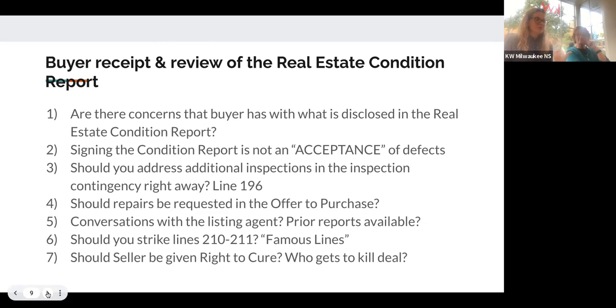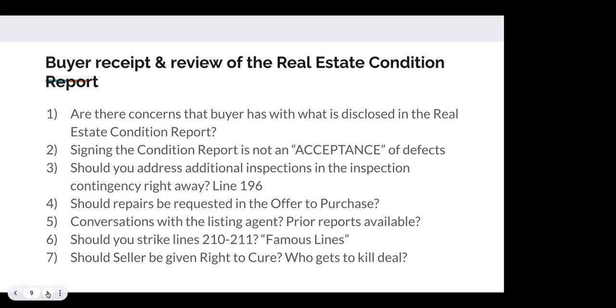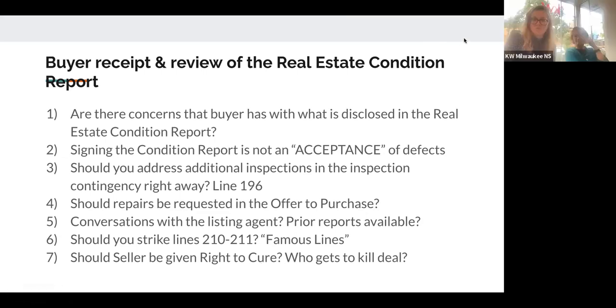Let's say they disclose a crack in the basement, but they leave little information regarding that crack. And this is where you're also going to have conversations with the listing agent. We're getting ready to write an offer. We noticed the crack that the seller disclosed. Has the seller done their own follow-up inspections on this crack? Is there anything that we should know about it? If the answer is no, and the buyer has a concern, maybe you're going to write a foundation inspection into your